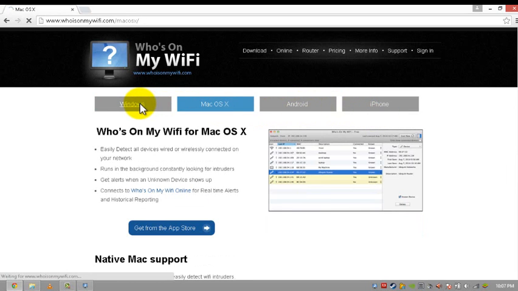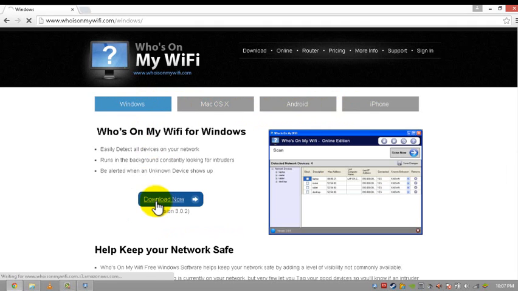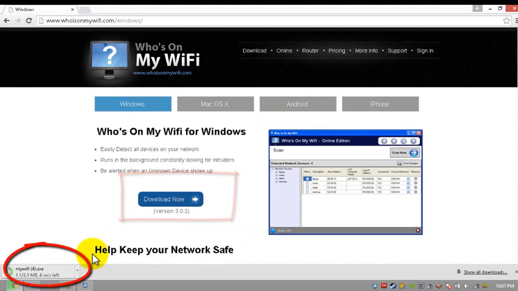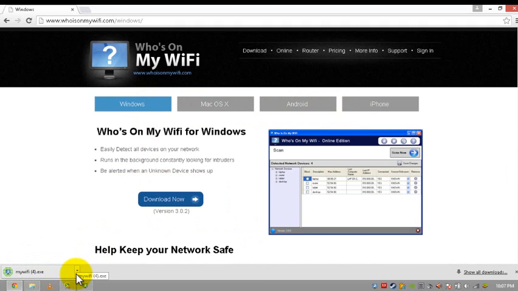As for me, I am using Windows, so just click the download now button and you will see the application downloading. Just follow the installation process, because I have already downloaded and installed the app.